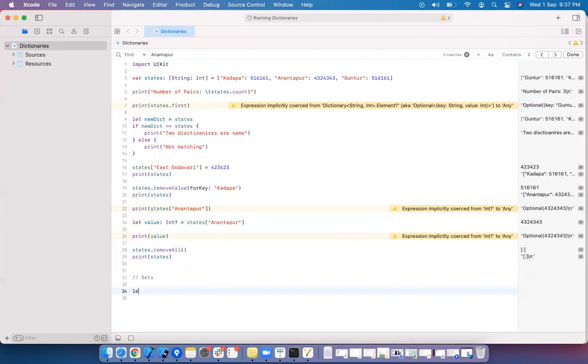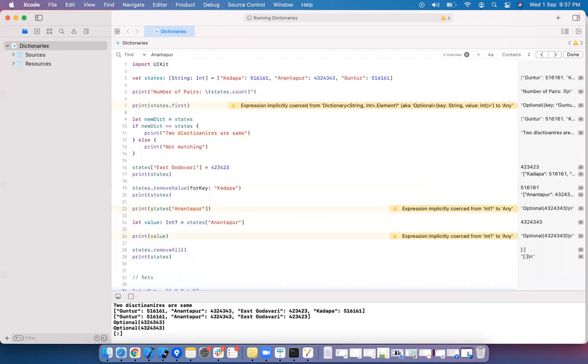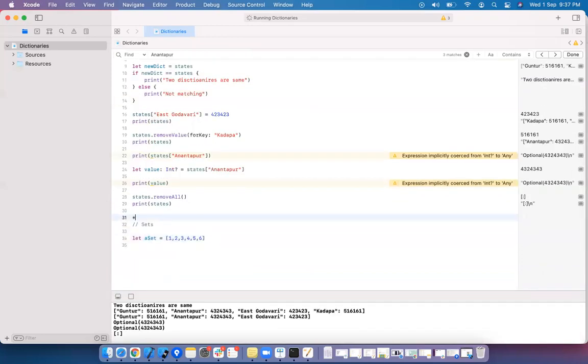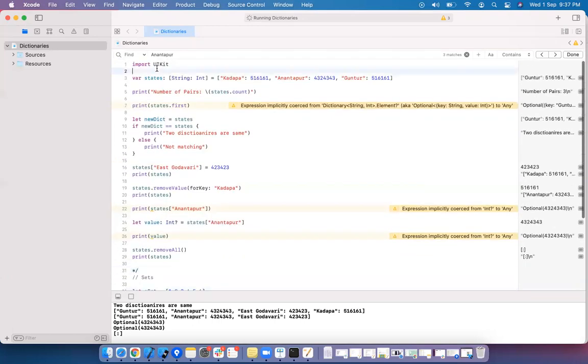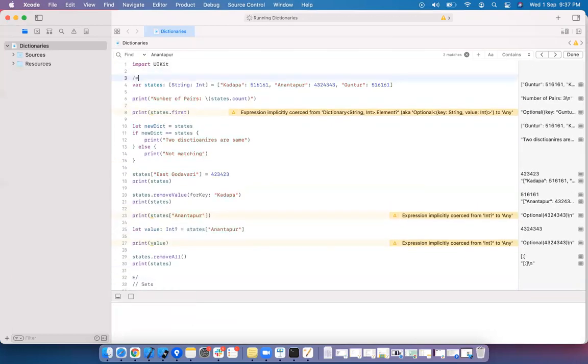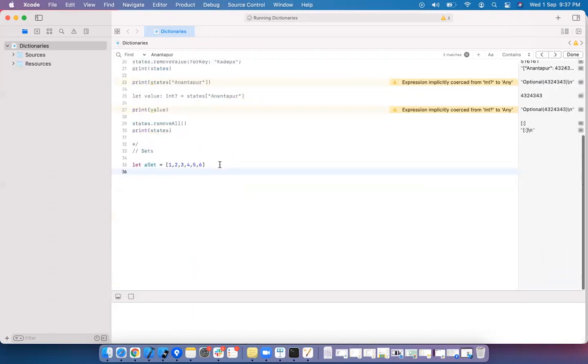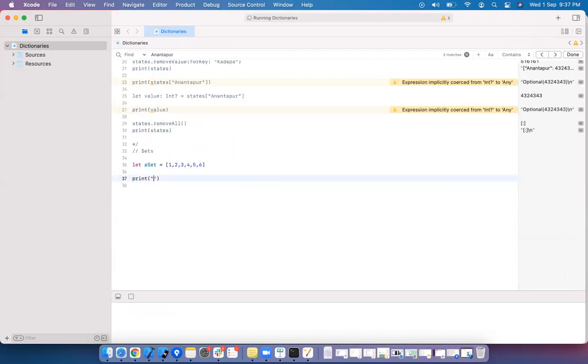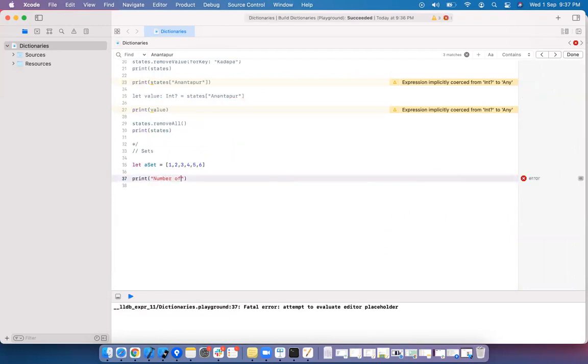Yes, set. I'm giving 1, 2, 3, 4, 5, 6, and just commenting out the dictionaries. First, I'll just check count, the number of elements in a set.